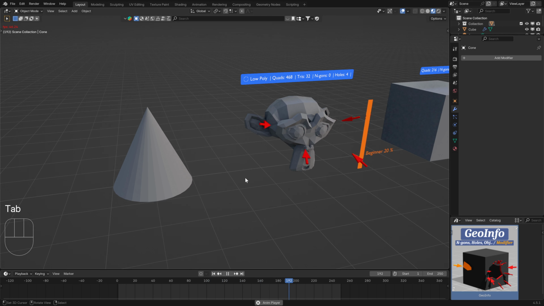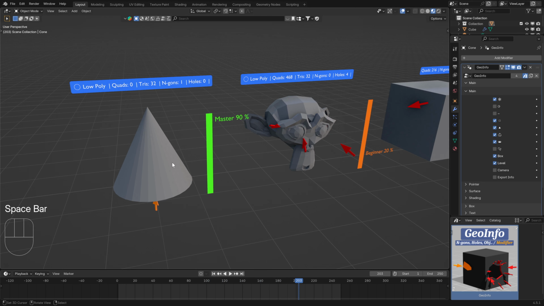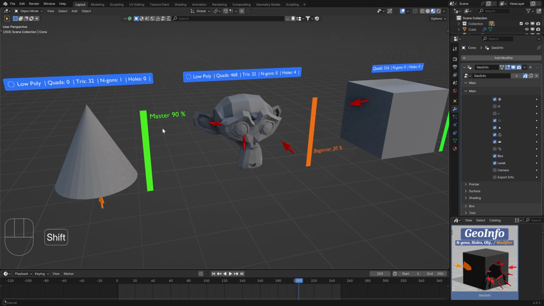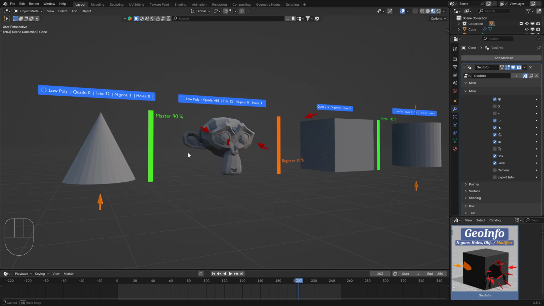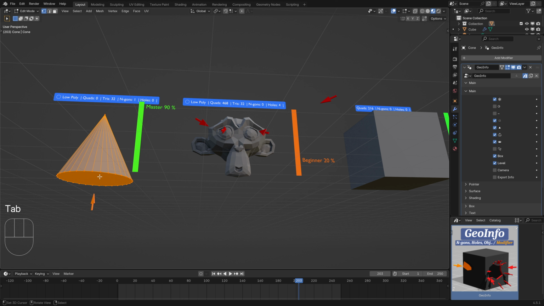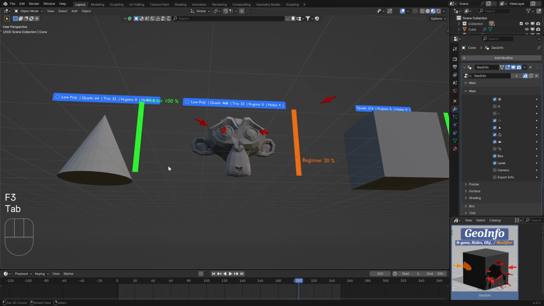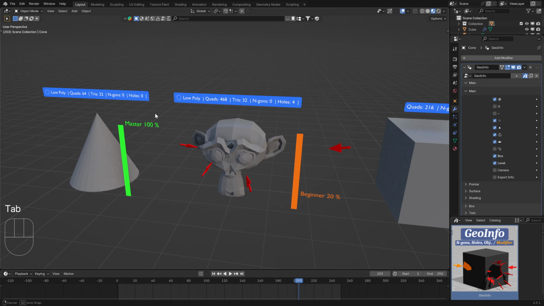For the cone, you have the master level because you just have 1 end goal here. And it's the same thing. If you solve this, automatically you now have a master level, 100% master level.